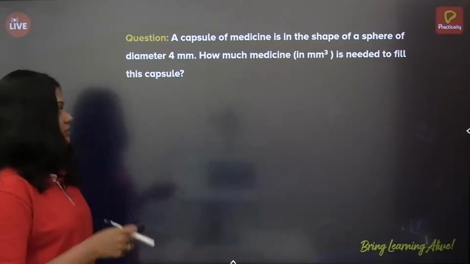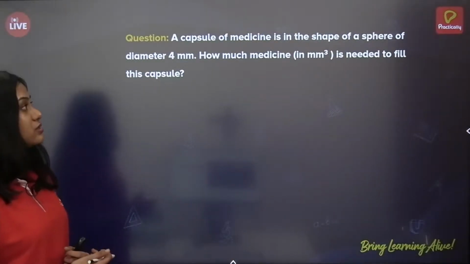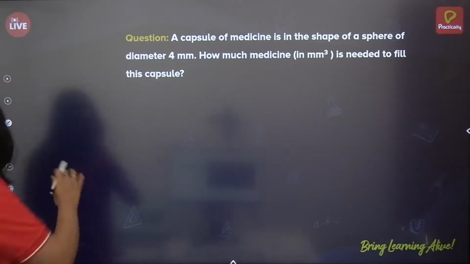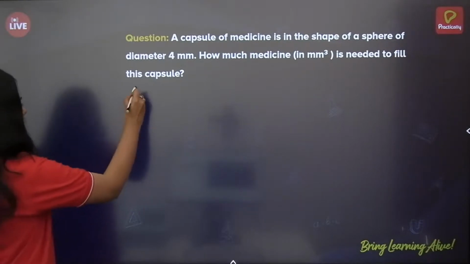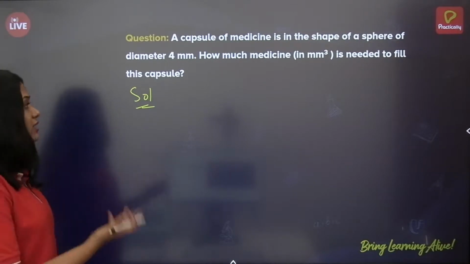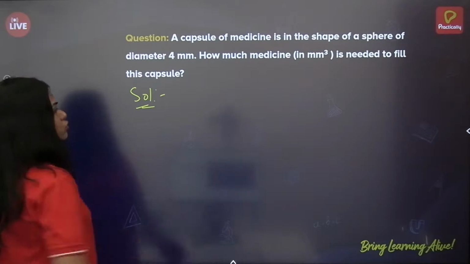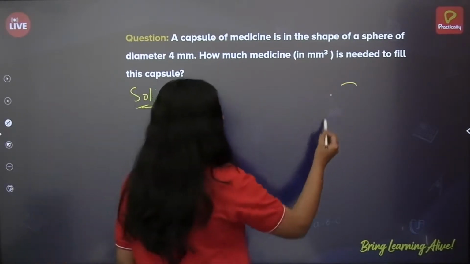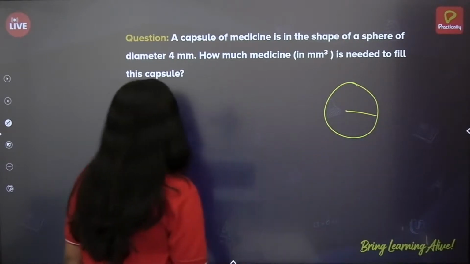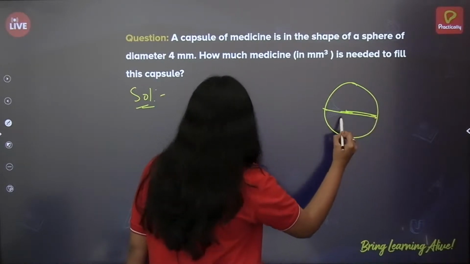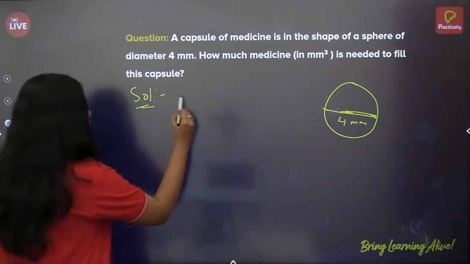Okay. Next, a capsule of medicine is in the shape of a sphere of diameter 4 millimeters. How much medicine in millimeter cube is needed to fill the capsule? It's very easy. It's a very direct question. There is nothing to solve also. Just apply the formula and substitute the values. So, let us just draw it. This is a sphere and what is the radius? Diameter is 4 millimeters. Correct? So, given,